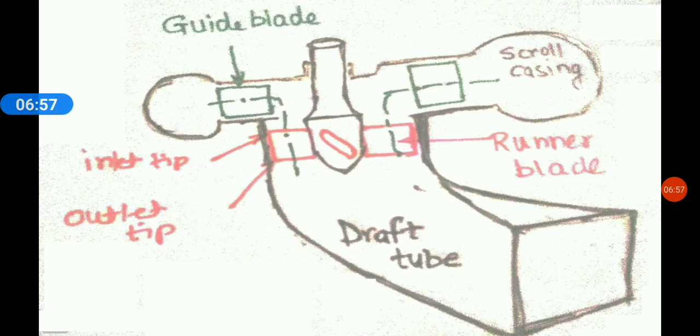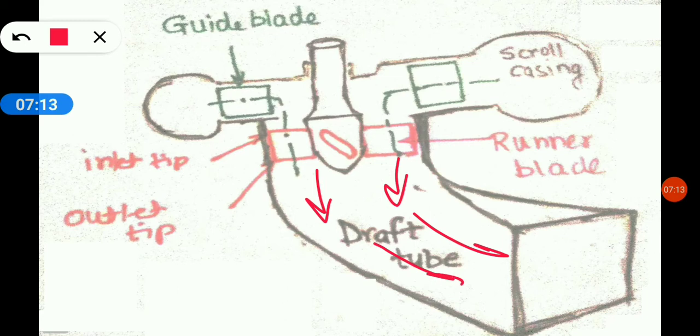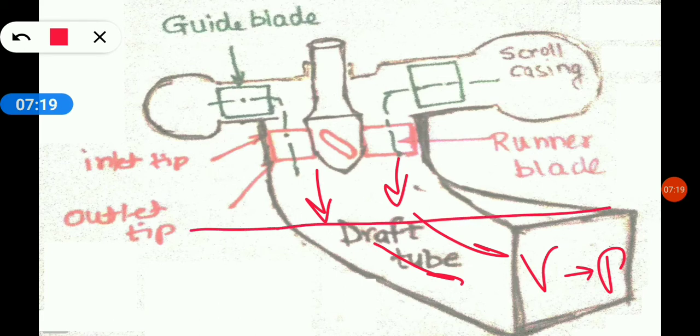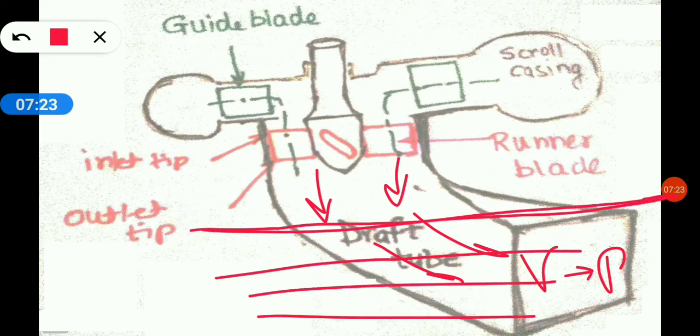Then comes the draft tube. Fine. You know what happens in a draft tube. This we have discussed. High velocity jet will come out from here, and as there would be a loss of kinetic energy, in order to recover that energy, we would be sending this into a diverging duct. So what it will do is it will convert velocity into pressure, and then here you will be having a tail race. Fine. This area will be submerged. So this is the tail race.